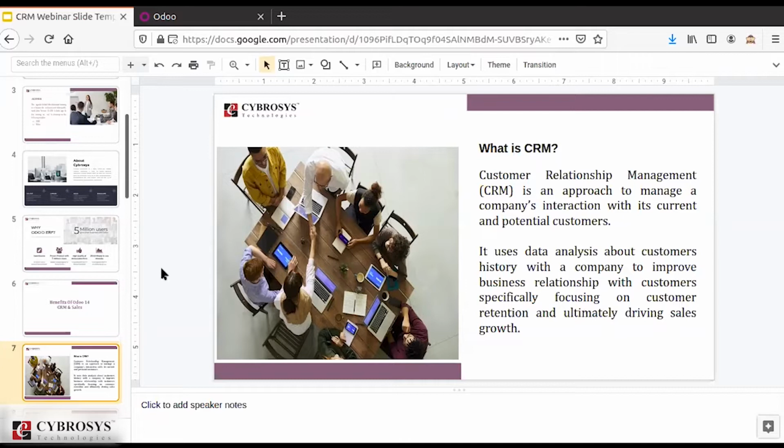Considering all these features, Odoo has brought up the module called Customer Relationship Management, with which you can approach and manage your company's interaction with your current as well as potential customers. This is a basic overview of CRM. In every organization, it is very important to have an efficient number of customers.